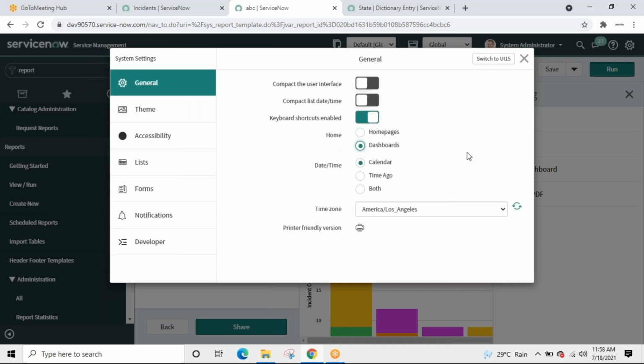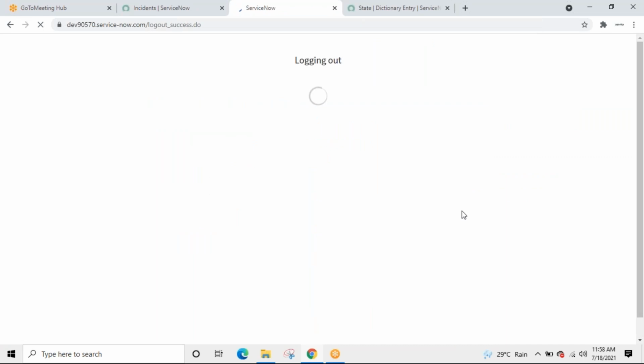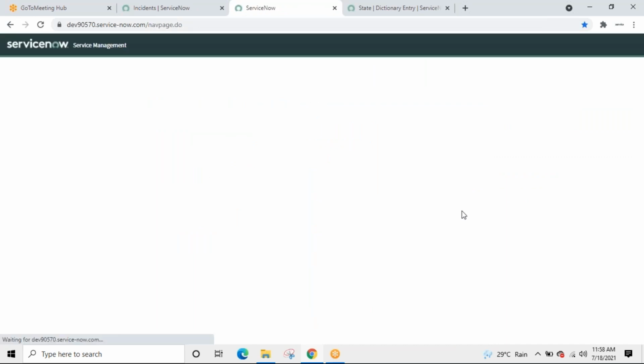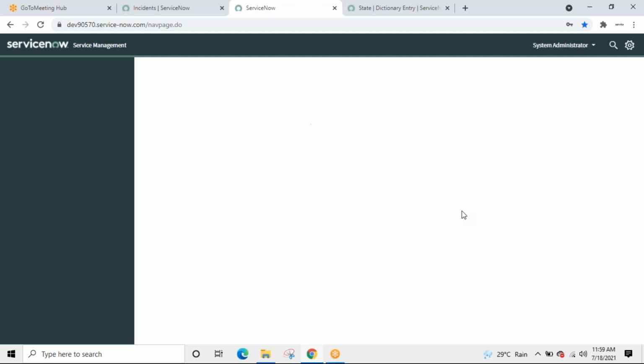If I do like this and I close and then I log out, I'm telling ServiceNow that when I log in, I should be able to see the dashboard as my homepage and not the default homepage. Now let's see.